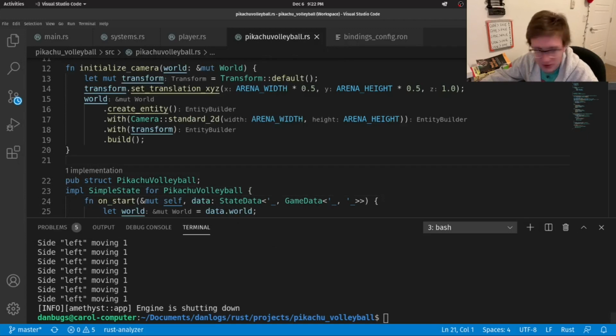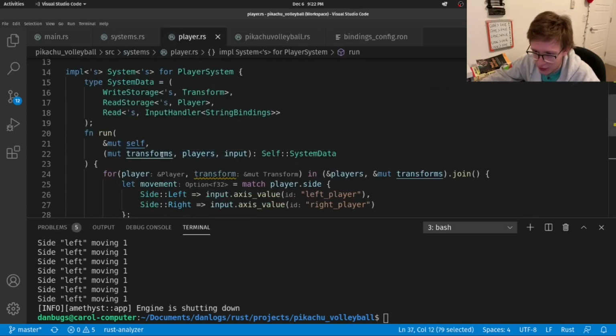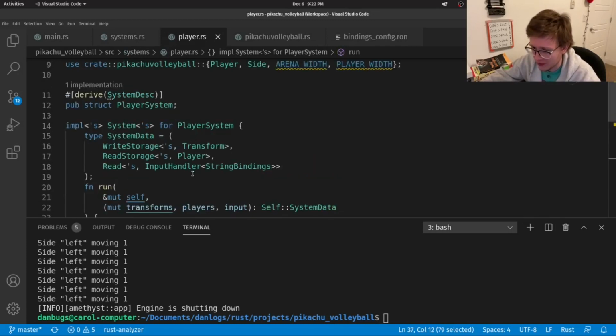Oops, let me close that. And now I would like to go back to the player.rs file to address a couple of things that I brushed off. No reason for the brush off, but just for completeness. A lot of people want to see how lifetimes look in actual code, right? So here's a great example.